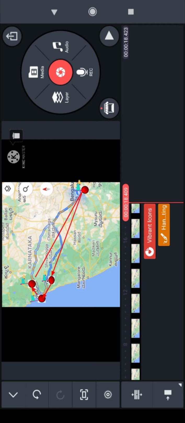Okay, so this is how an animated map is done in a simple and easier way. So you people please try it with these apps, or else you definitely need PixelLab to do this. Or if you people have any other similar apps, please try them, and you can be a bit creative with this. I just showed you an example.